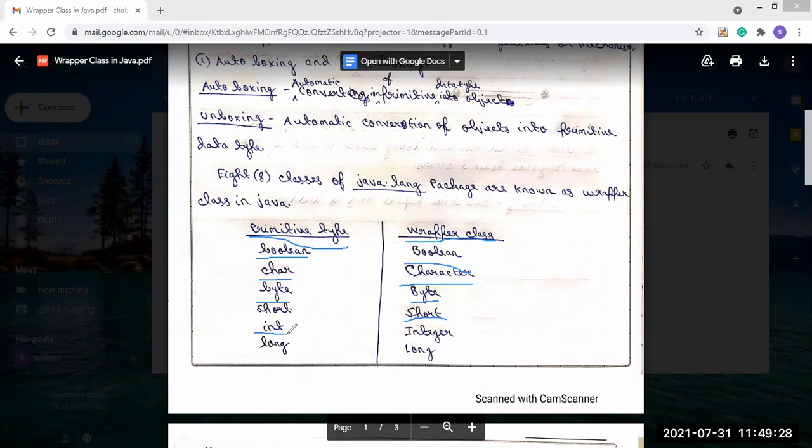For int, the wrapper class will be Integer. And if the primitive type is long, then the wrapper class will be Long, only L will be capital.